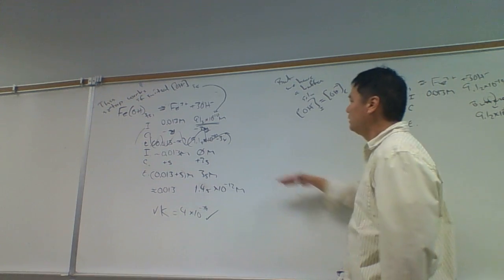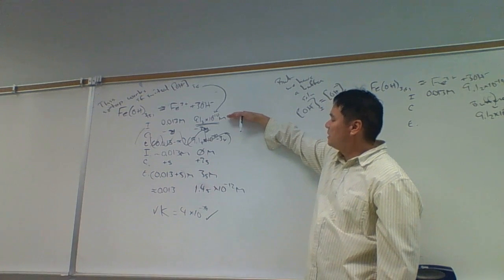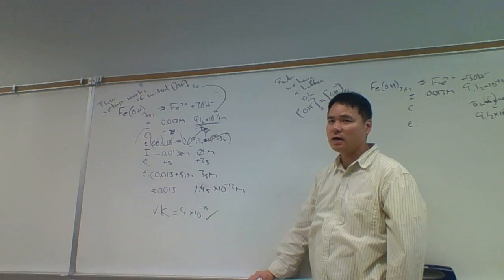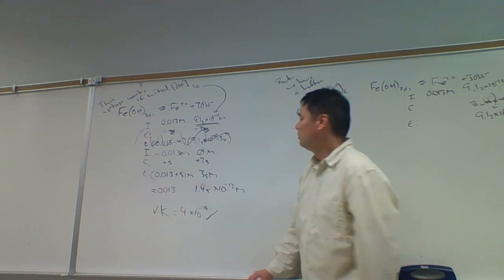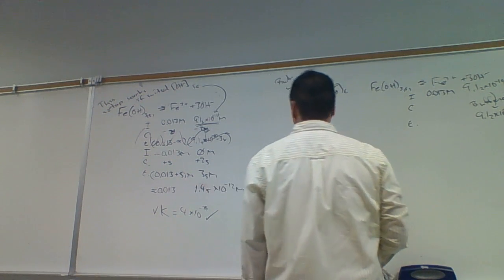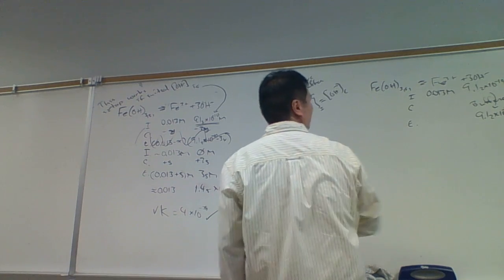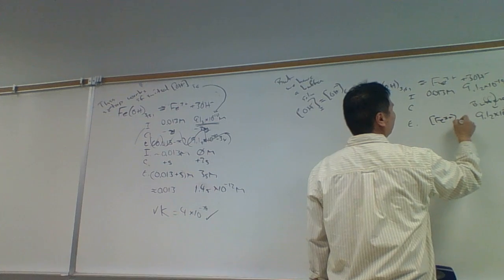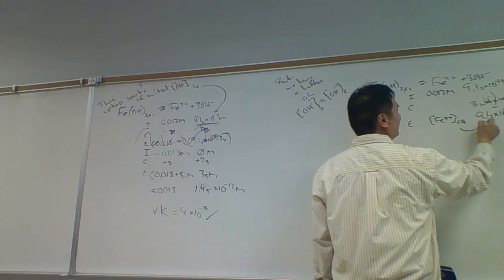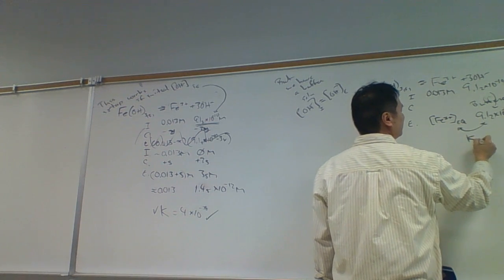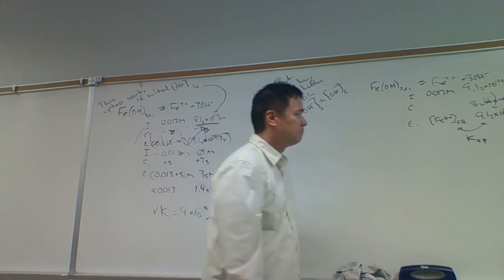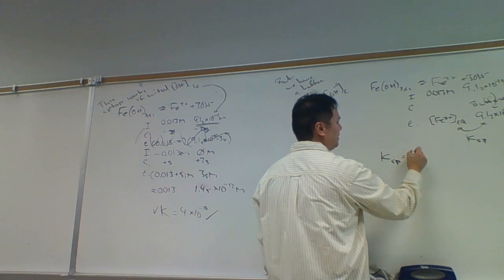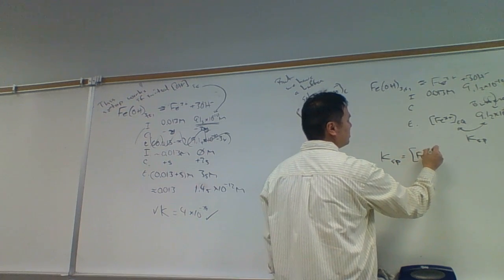So in reality, we lose it because we started with 10 to the minus 10 molar, and we end up with 10 to the minus 12 molar, so we consume some of our hydroxide, but the buffer is going to prevent that. Well, if the buffer prevents that, then that means that the iron 3 concentration here at equilibrium is going to be dictated by this, because this has to agree by KSP. And so actually the calculation is a bit easier, because the KSP is going to equal the iron 3 concentration at equilibrium